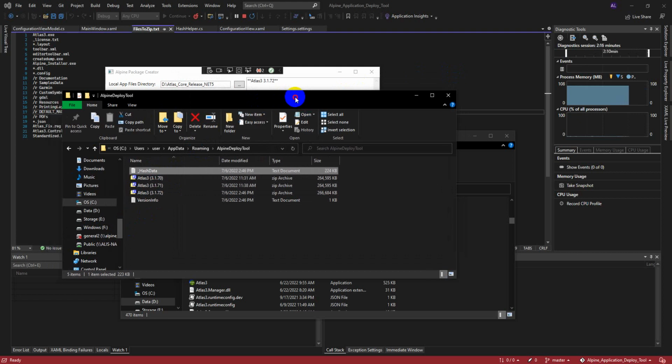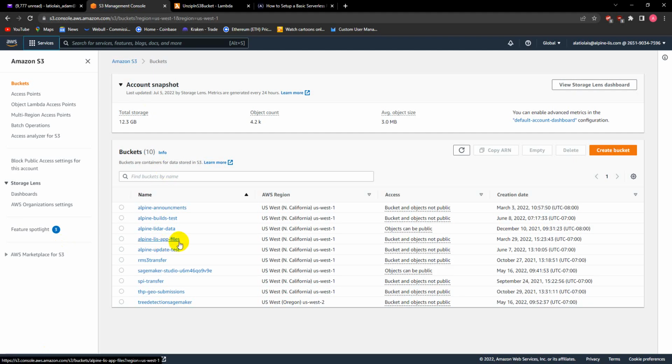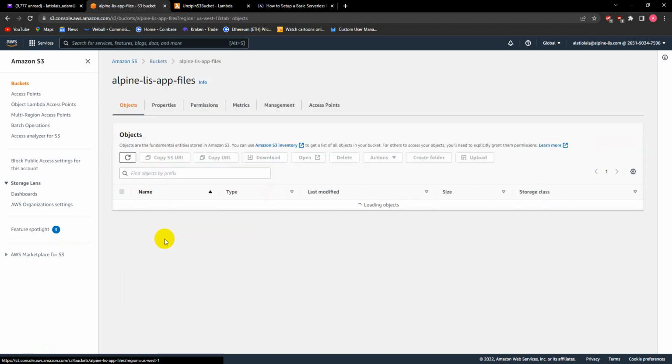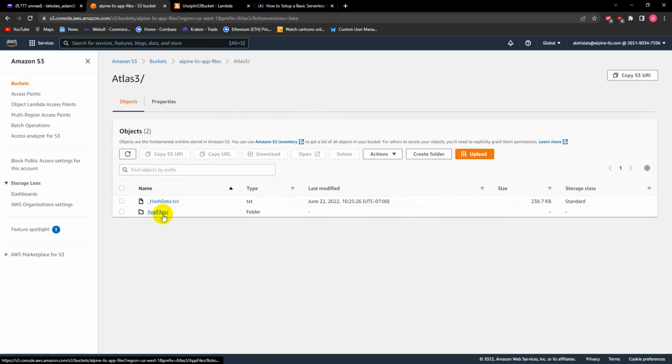Now, from here, you will go onto AWS, find the place that you're keeping your application files. In this case, it's here. We have it under Atlas 3, and this is what your folder structure will generally look like. Now, when you go to do this, you will have to delete both these files. I'm not going to do that here since this is a live build, but to show you what it looks like when it's all done, you put your hash data text file here,